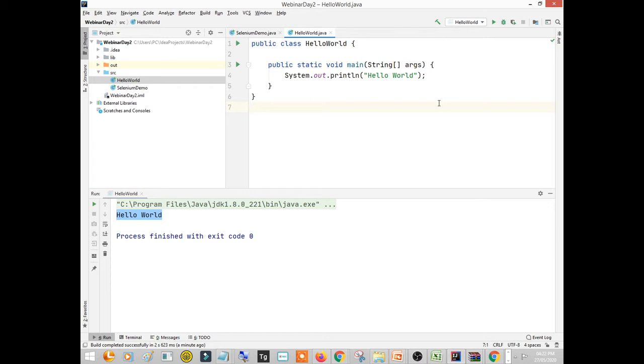Nidhi is asking, any other specific instruction for using Selenium to work on Ubuntu? This is a good question. No, everything will be the same. You just need to download Eclipse or IntelliJ IDEA. When you open the download link on Ubuntu or any other operating system, even on the Mac, you will get the relevant download file, and you download it and install it. When you open it, the rest of the procedure is the same.